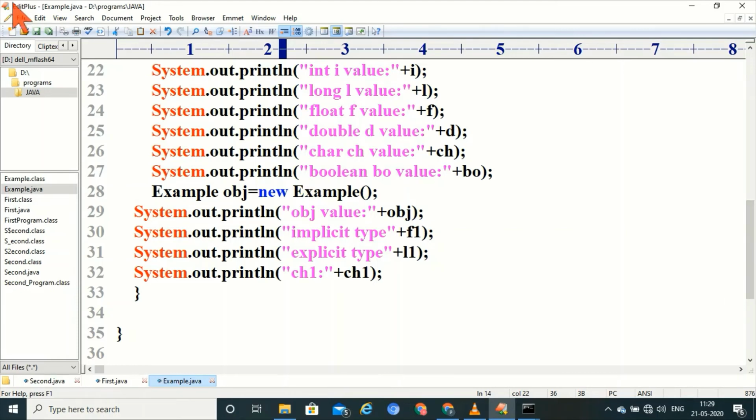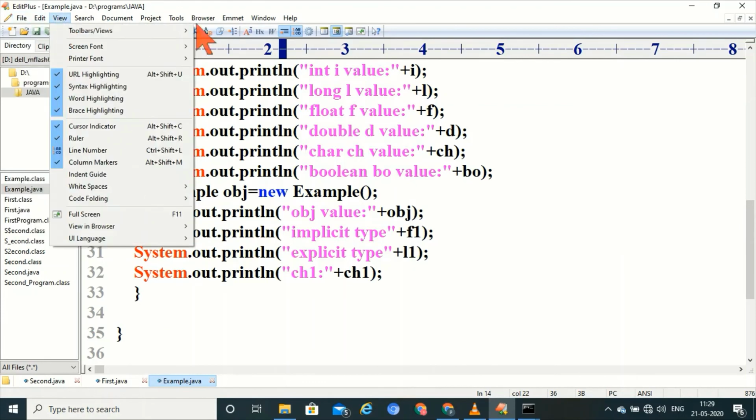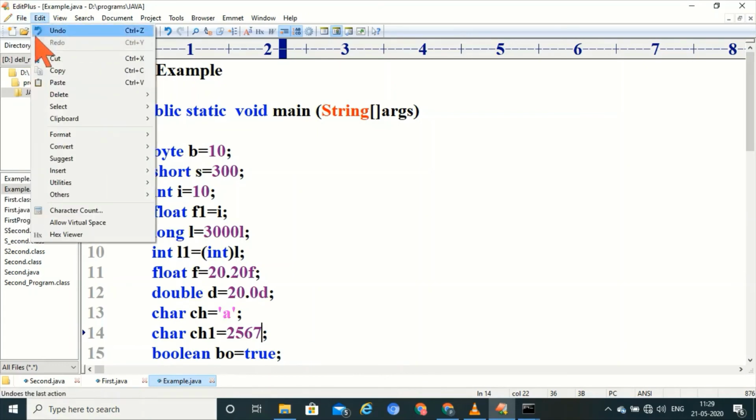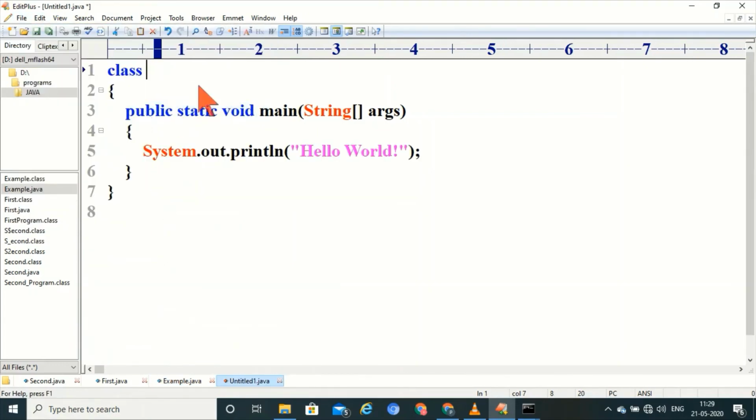For example, I am creating, let's see, class example is there. Now I am creating new class example 1. Extends keyword is used to create a subclass. Example 1 extends example.